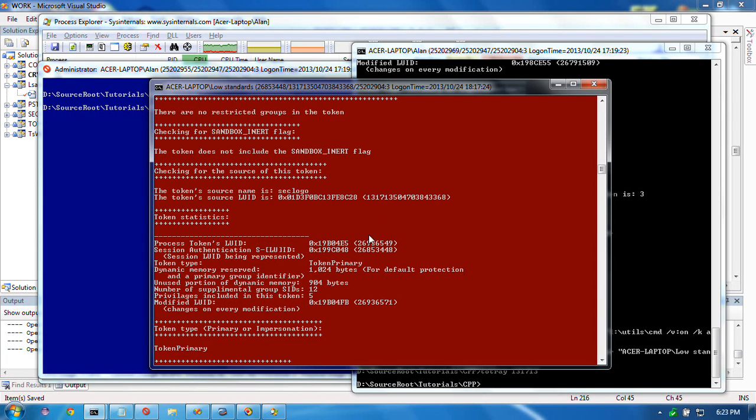It has something to do with keys, session keys and whatnot, encryption keys. Now,